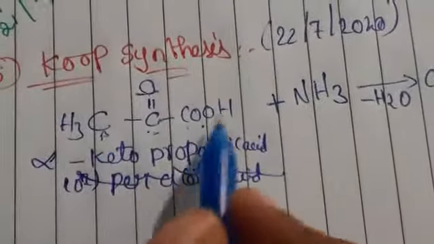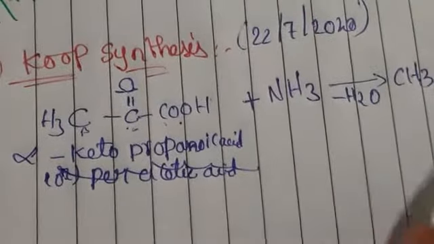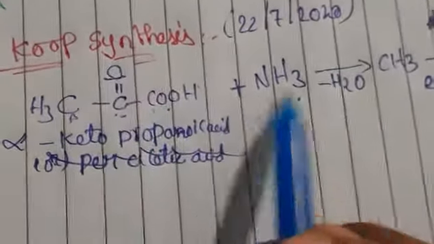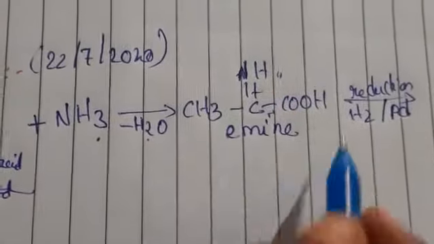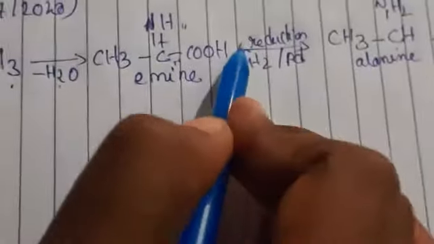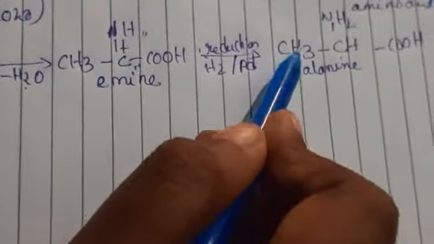Okay. So what we have taken first, see, alpha keto, this is not peracetic acid, sorry. Alpha keto propanoic acid, which is treated with ammonia molecule. There will be loss of water molecule and we are going to get imine, which undergoes reduction to form the alanine. Okay, so next synthesis,